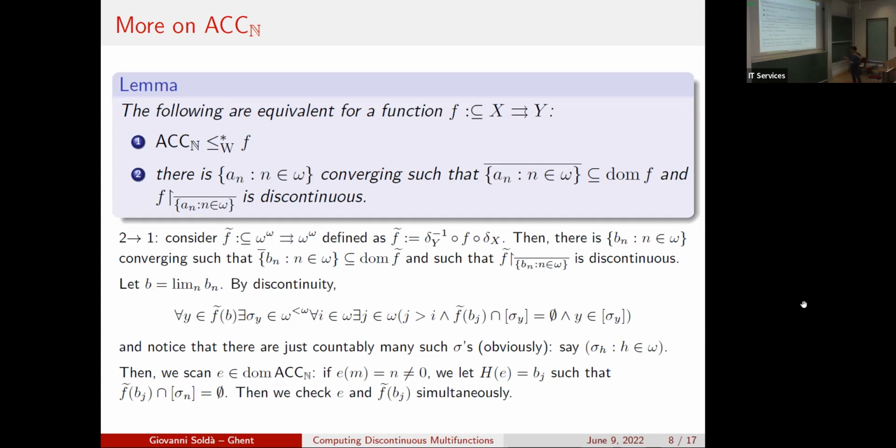So if we know that the natural number we have to avoid is n, what we want to do is output a point whose image misses the nth neighborhood of one of the points in the image of f. And then, to prove the reduction, it is enough to check